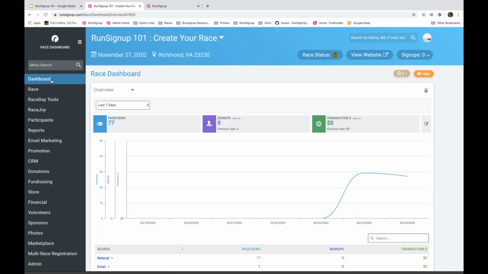So we are now on the race dashboard. I want to point out a few things on this race dashboard, and then we're going to jump back into the PowerPoint. So the first thing I want to show you is what we've created. So we're going to view the website,